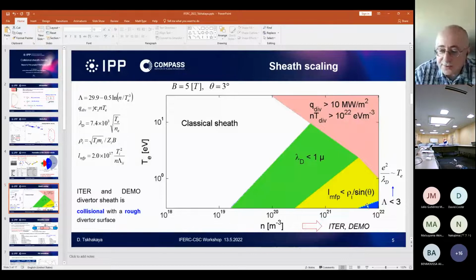Moreover, if we continue increasing density and temperature, we even cannot use a classical model of the plasma, and we have to account also for quantum mechanical effects. But fortunately, in this area it's sufficient. And we find out that one possible reason why we have different conditions at the sheath entrance is that the sheath is not collisionless anymore.